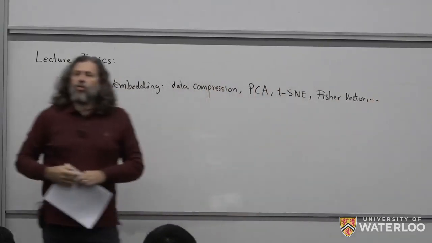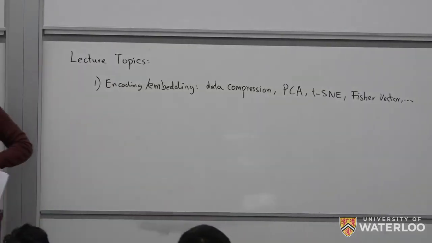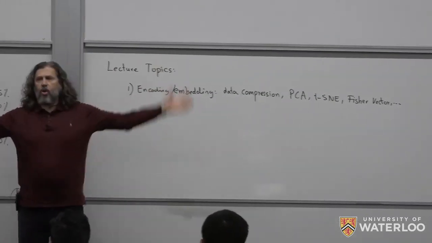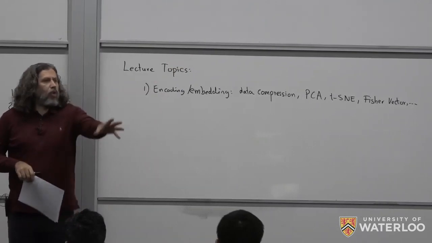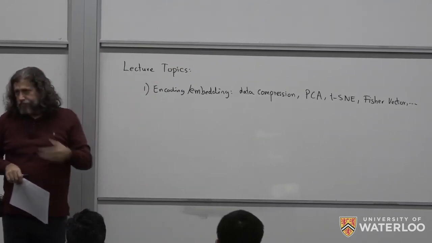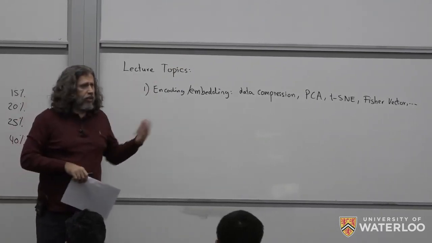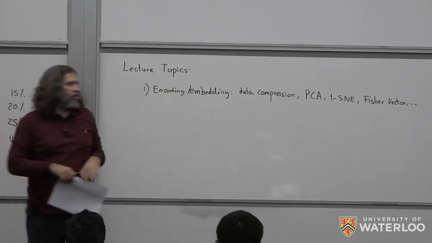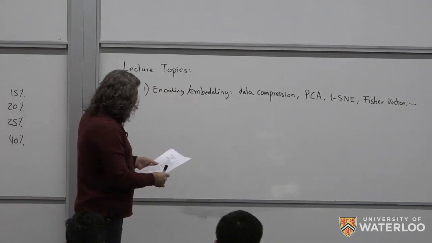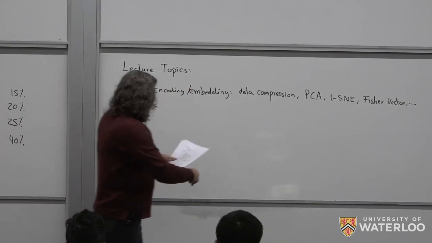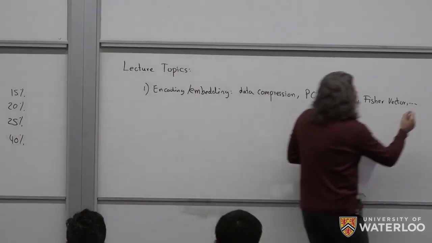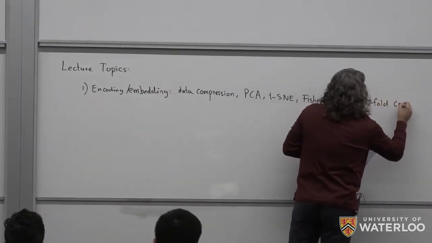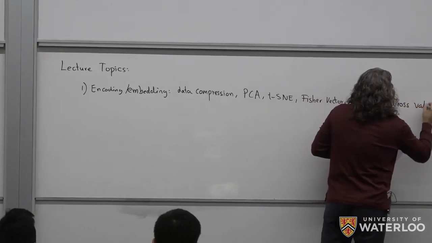So we will talk about all this type of stuff, about encoding. I use it in a much broader way. So you cannot work with the raw data sometimes. Sometimes we can, and that would be ideal, if I could just get the raw data and put it through some sort of AI technology. But most of the time, we can't. And then we also talk about k-fold cross-validation, how do I validate